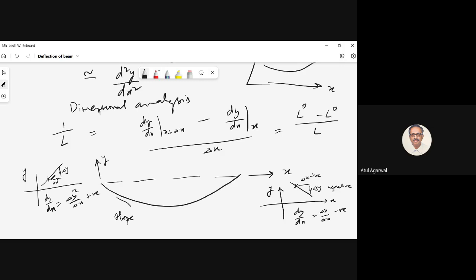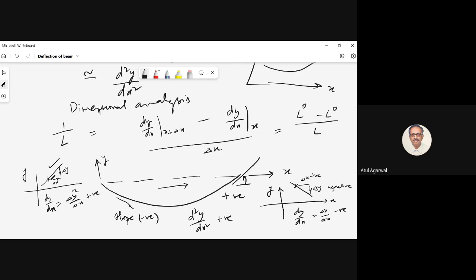So you see the slope is negative. So here you have a slope which is negative, and here you have a slope which is positive. You see your tangent is making an angle counterclockwise with the x-axis. It is a positive slope, and I also demonstrated how it is a positive slope. So your slope is going from negative to positive. So what is the sign of the second derivative? As you are increasing your x, your first derivative is going from negative to positive. So your second derivative here is positive.